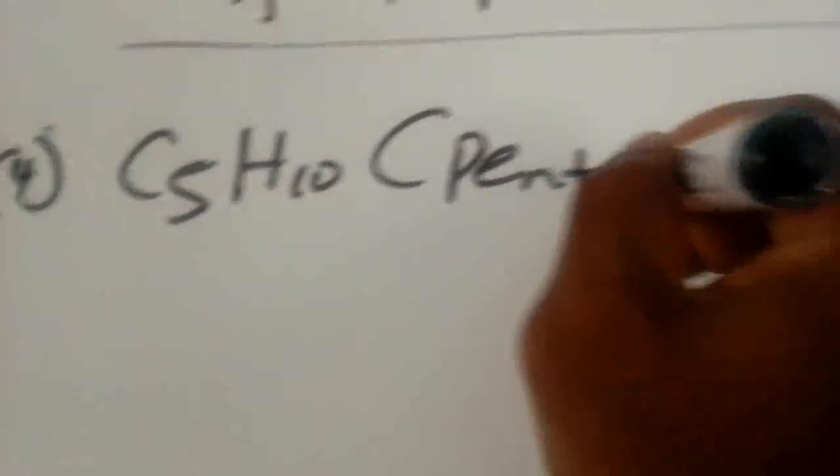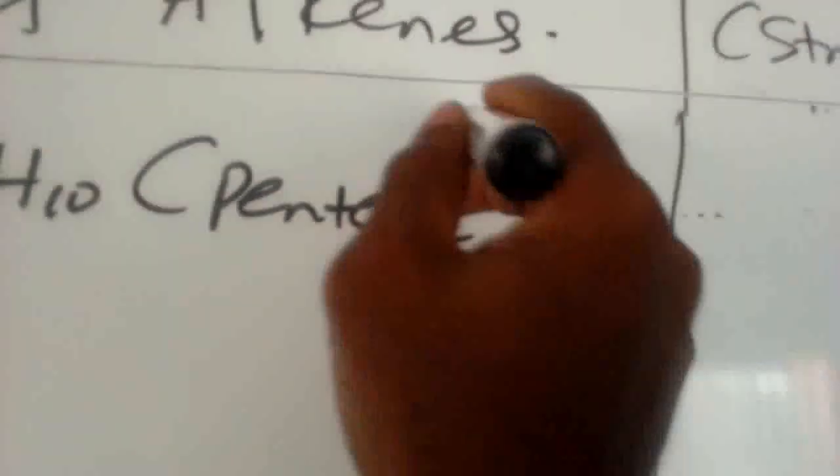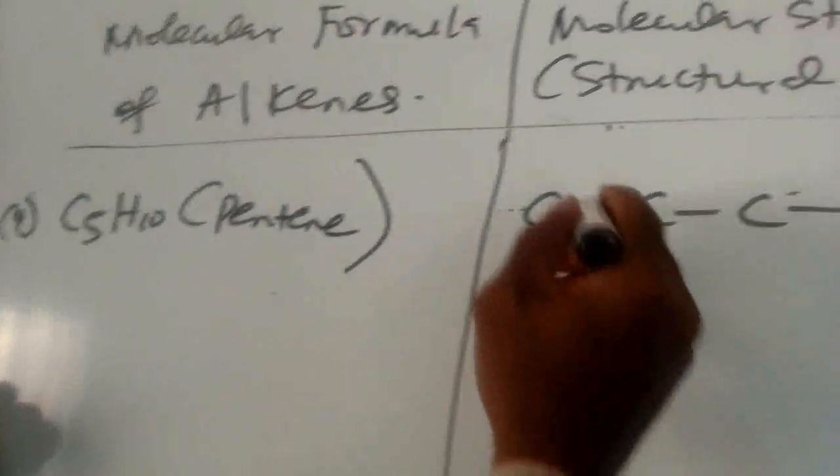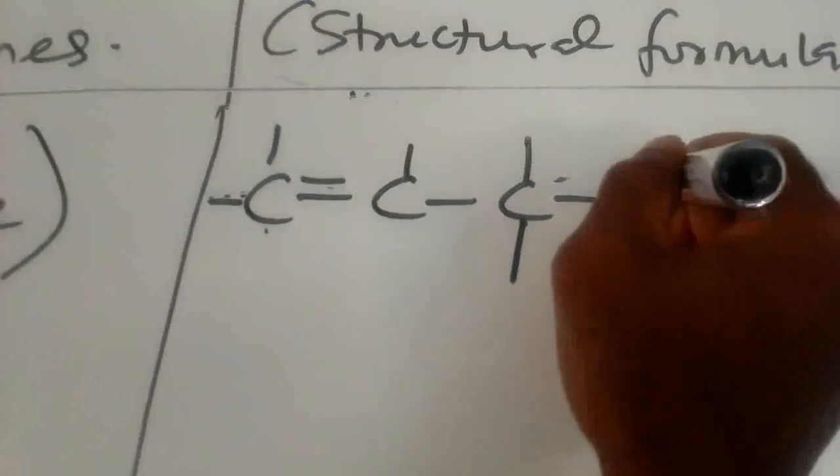So let us try to get the molecular structures that are possible from this. This is 5. 1, 2, 3, 4, 5. Then the double bond must appear somewhere. I can decide to put it here. Then I fill up the vacant spaces with hydrogen, making sure that I remove 2 from the double bond position. So you have this